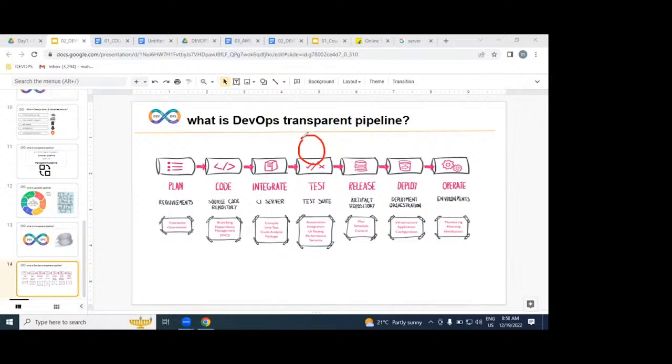If the working software is ready, what do we do? Do we directly place it on the server side? No. We need to hold it for a particular period of time in a release. In a particular maintenance window, on a particular scheduled date, we place it on hundreds of servers.